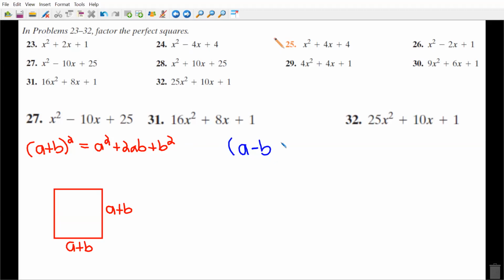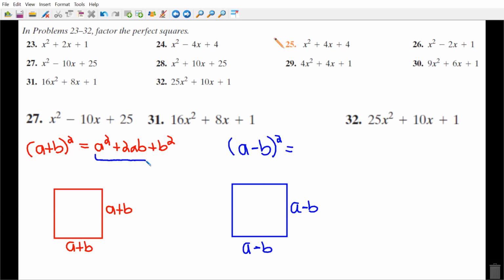A minus B squared. And when you have an A minus B squared, that is a perfect square. You have a perfect square over here, and you have A minus B times A minus B. Right? And this formula is going to be something very similar, but only the only difference